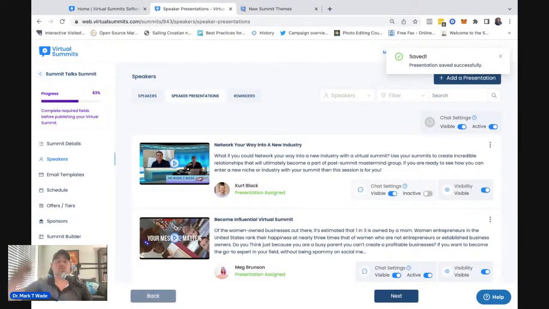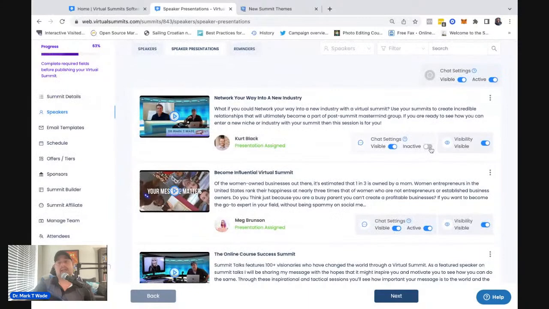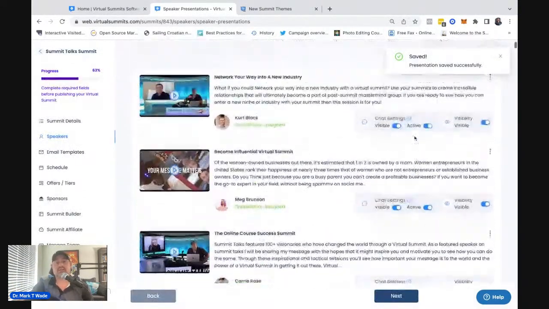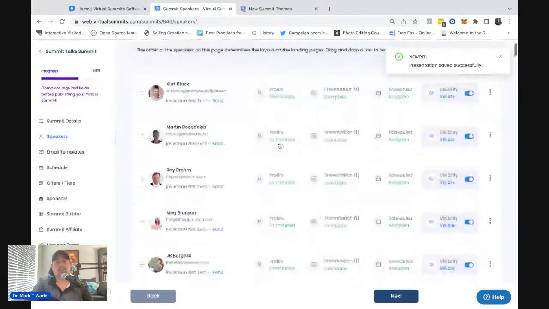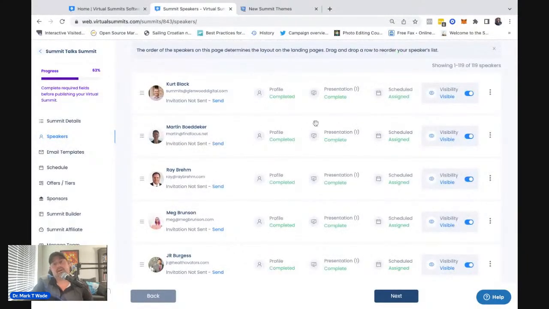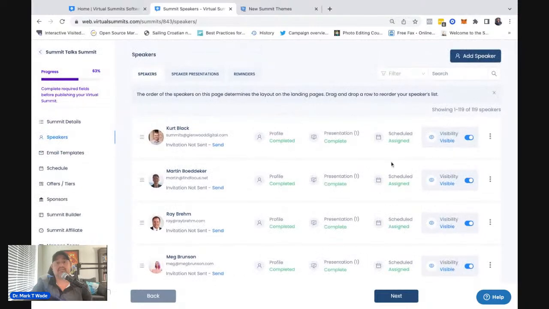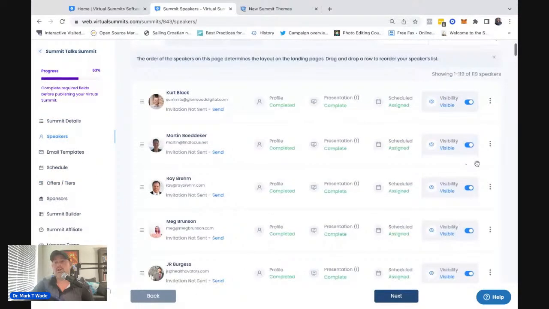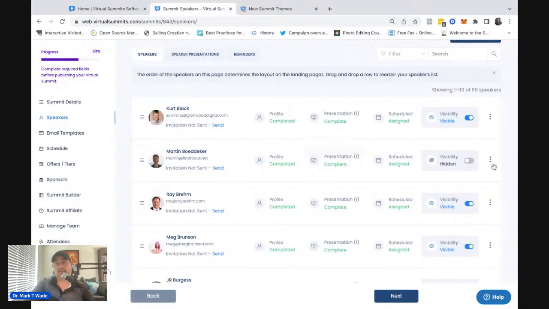So there's that social proof there. It's just not able to have any new comments. So you don't have to worry about managing that. And of course, just with the speakers area here, this is going to show you if the profile is completed, presentation's completed, and if it's been scheduled over here in the scheduler. You can always go through and make a session or a presentation or a speaker hidden, which hides that throughout